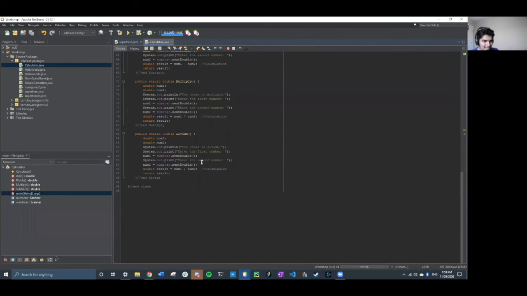So what we need is within our divide method, we need to set up our own while loop. So we're going to just take it right here. Whoops. So we're going to set up a while loop right here. And what we're going to say in the while is while number 2 is equal to 0, and we're just going to end while loop here. Okay, so while number 2, so the second number the user's inputting, is equal to 0, we're just going to tell the user